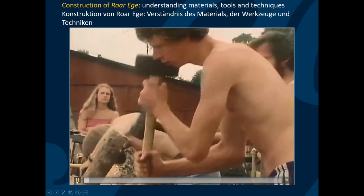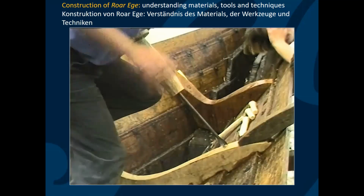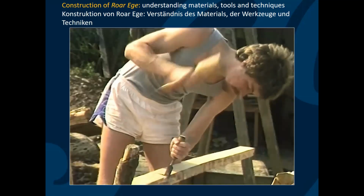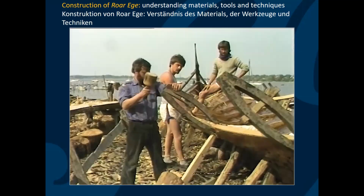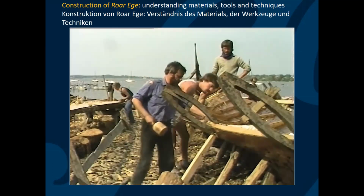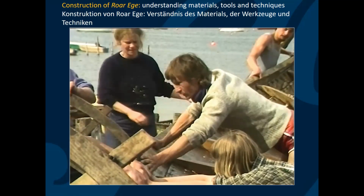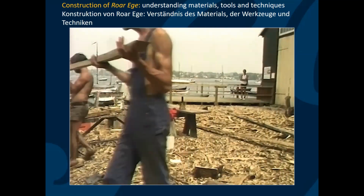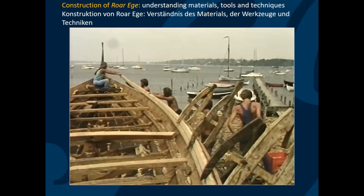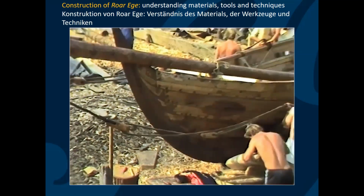And fashions have also changed a lot at the boatyard since 1982. But essentially, this project was about relearning Viking Age boat building techniques. We still have traditional boat builders in Denmark who build wooden boats, but they work in a very different way. They work with modern tools and saws and so on. So this project was really about learning how to split oak, how to hew planks, how to use Viking Age